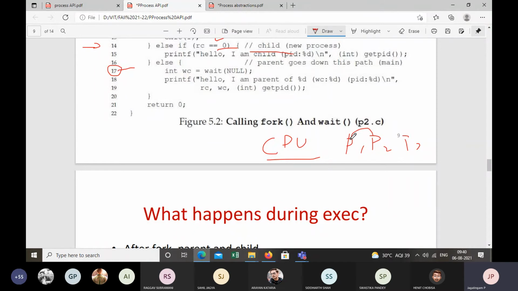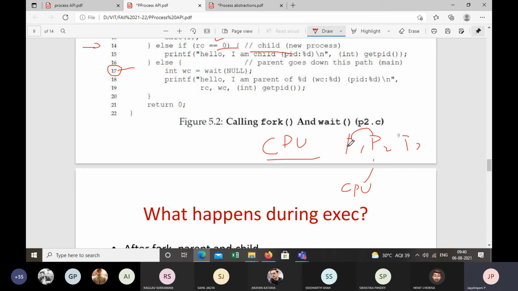When the CPU is executing P2, P1 may be terminated because it is doing something very bad, it is misbehaving.